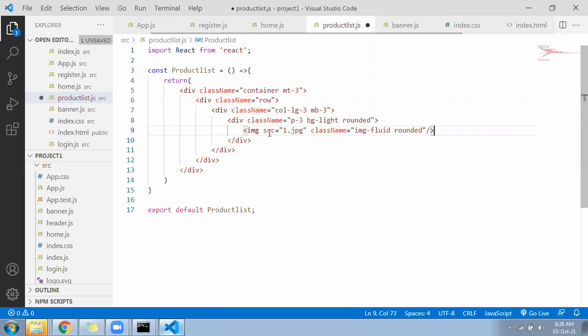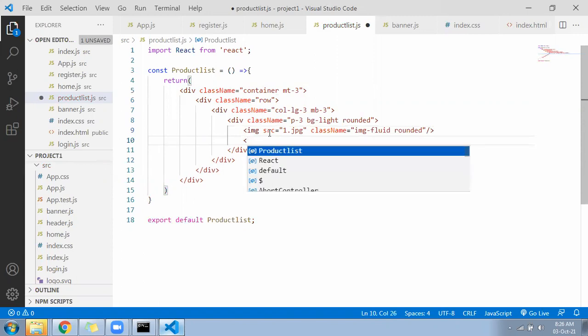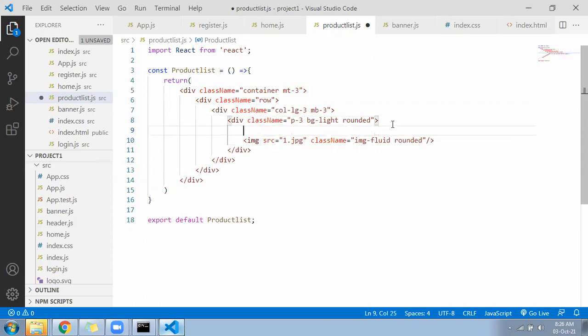Below that, you display, okay, before the photo, the product name under the h4.